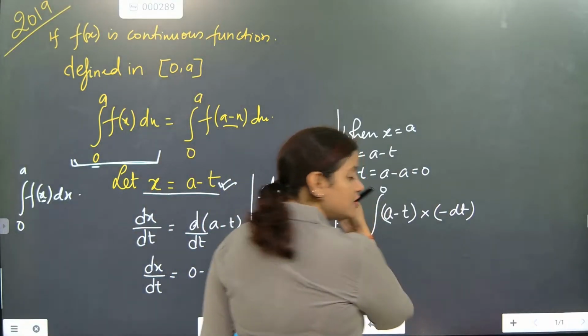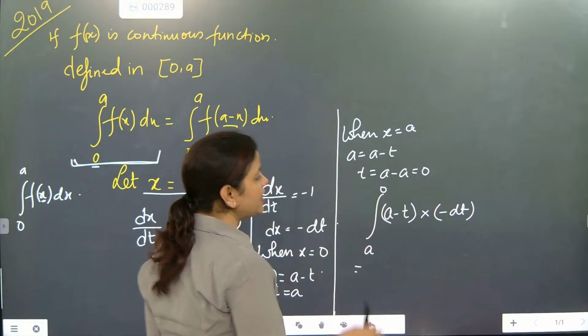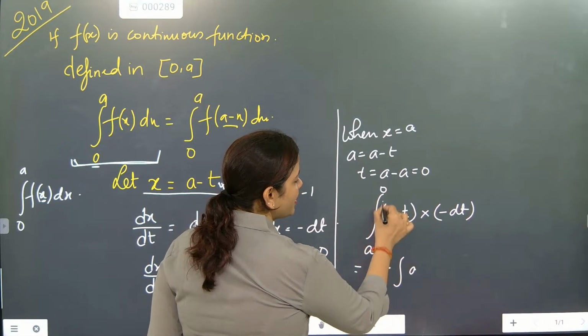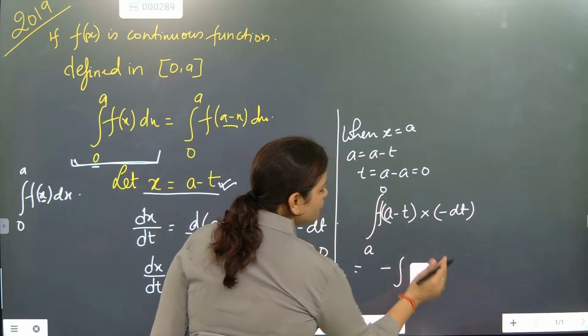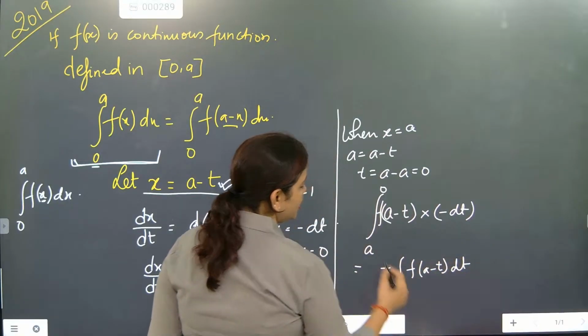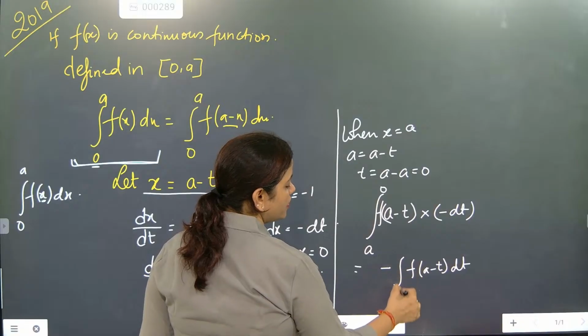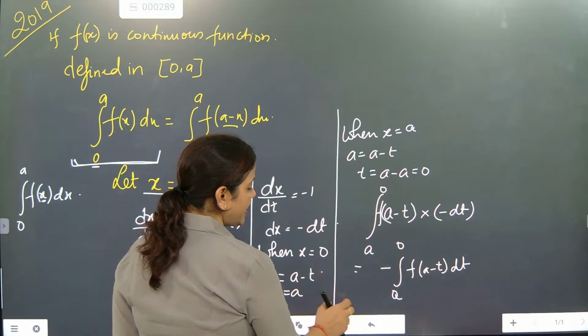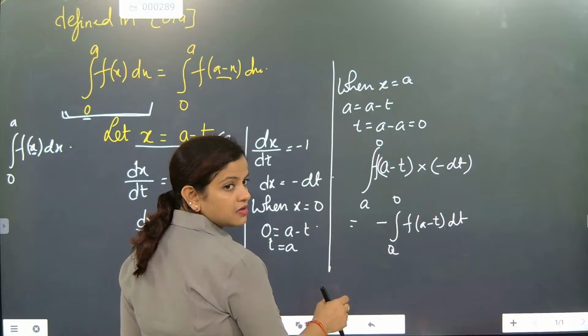So now look here. So what answer? Negative will come, na? Yes, that property. So minus, first I am taking out. So it will become f of, now look here, beta, f of a minus t dt, and this part will become, beta, a to 0. And we know one property, na.